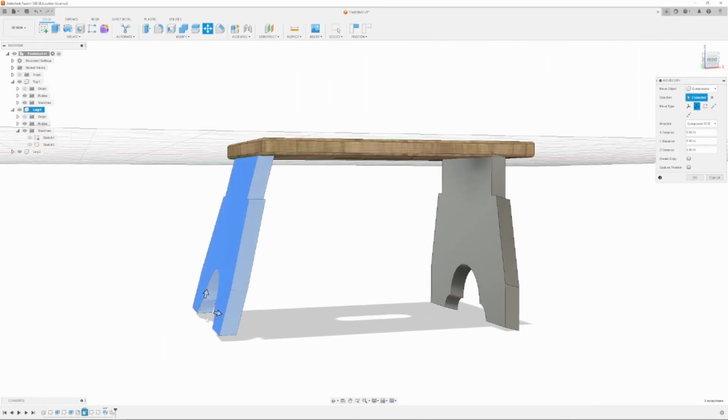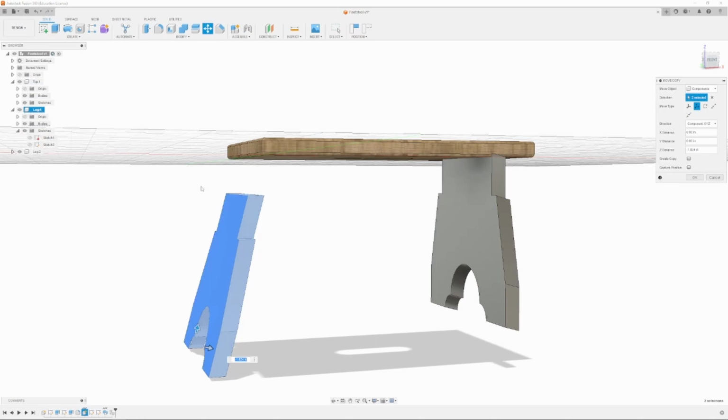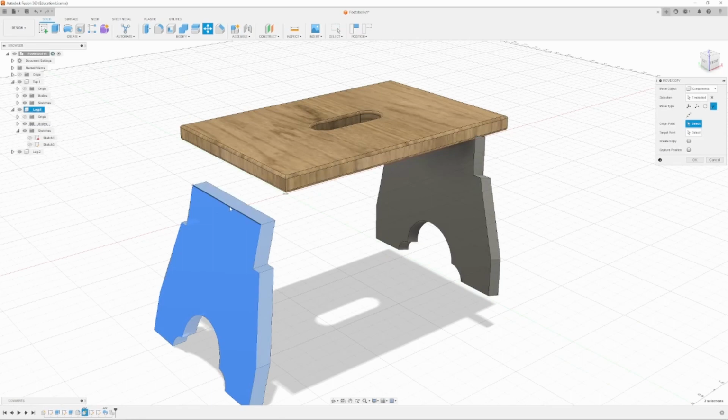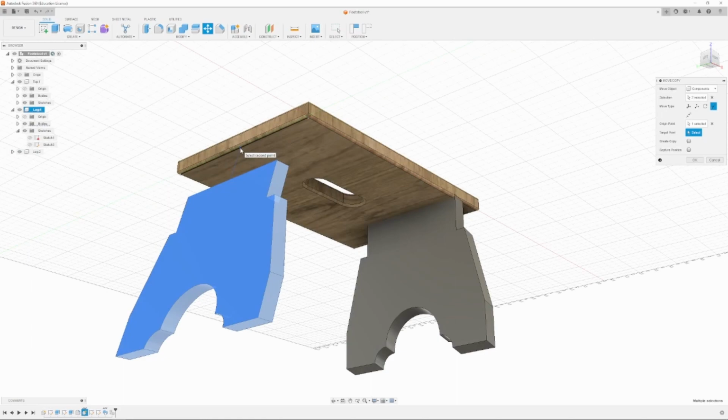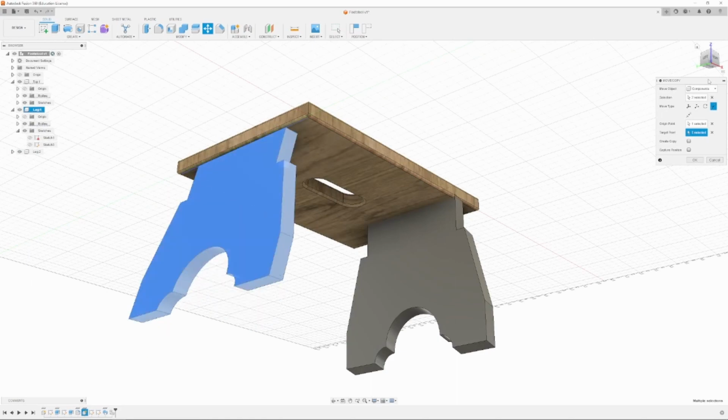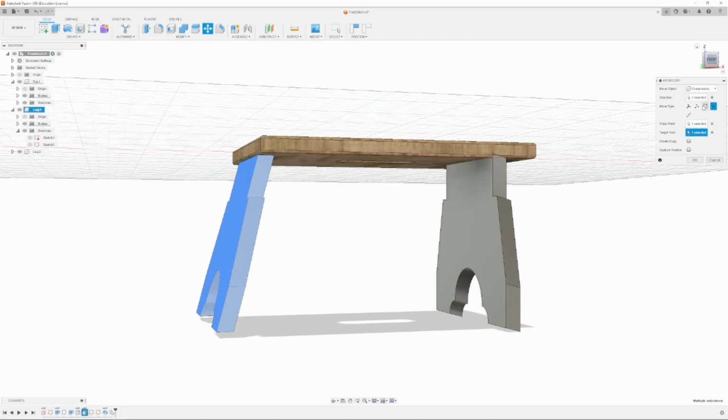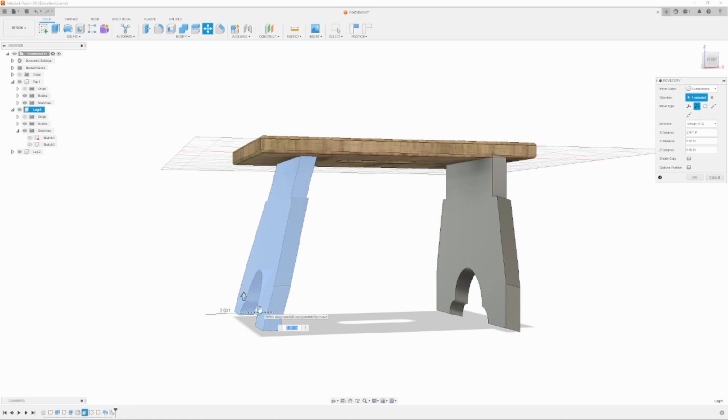I could move this out of the way, right, and then that would be probably easier. Then I can select point to point, find the center point here, and then find the center point on this little bottom part of the curve. And then that's where we want it, except we also want it moved in some. And so this is going to move in, and I want it to move from the design XYZ so that it's moving straight horizontally, and I want to move it to a point,